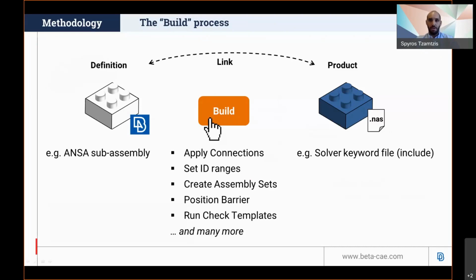Having such a process in place offers some key advantages. It reduces, for example, the reliance on the individual user to persistently follow set rules. It guarantees the quality of the deliverable product saved in DM. It enables the validation of the integrity of the model assembly, and of course, it facilitates the creation of run iterations. To improve the user experience in the day-to-day work, we have introduced various updates related to the execution of this build process. So let's have a look.